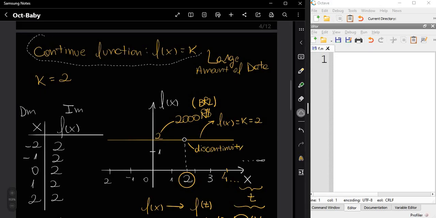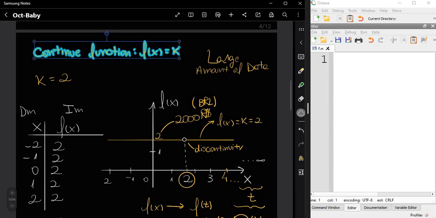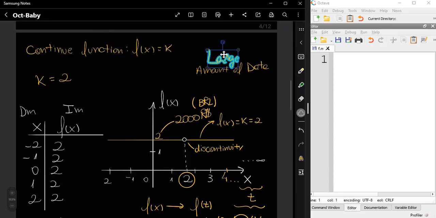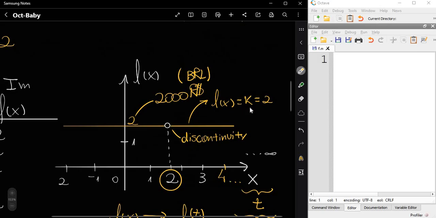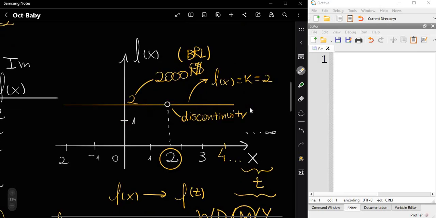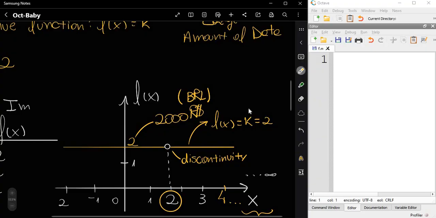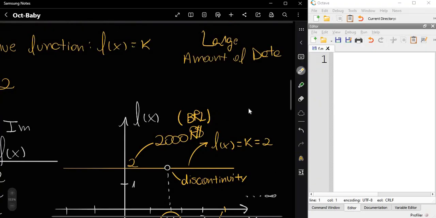Okay. So we need to get more points. We don't need to get stuck on this only point, which is not best for us to take a conclusion.